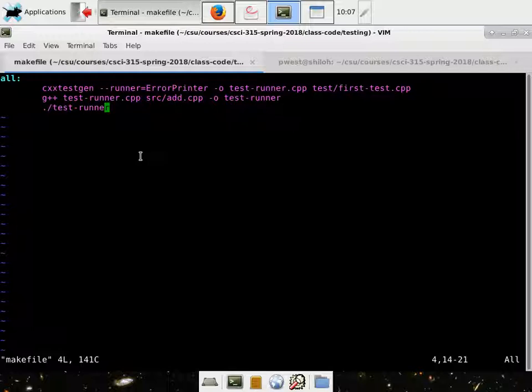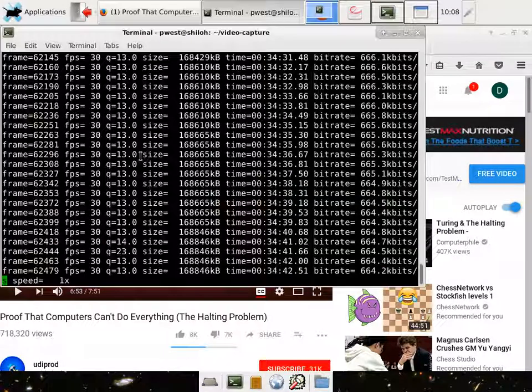Yes? After we do the test file, do we want to do it in the makefile where it clears this, or no? Yeah, you can. We'll get to clean in a moment. You really just need to delete the test runner.cpp and test runner. That's what you need to get rid of. All right. Any other questions? Okay. Header files. Let me pause the code or